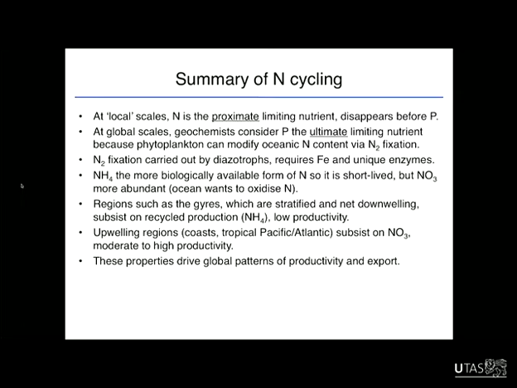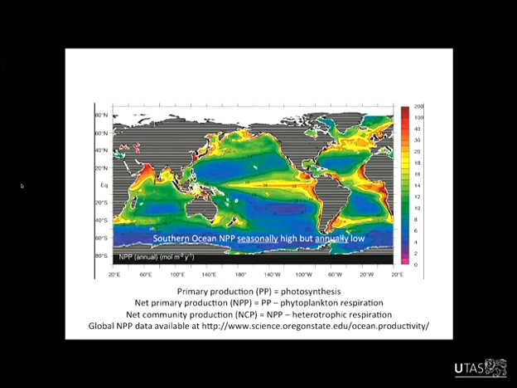And then the upwelling systems like California and Peru and off Africa sustain relatively high productivity because of this active transport of nitrate into the surface waters. It's these patterns of nutrient transport and nutrient recycling that set the global spatial distribution of productivity. So this is a map of net primary productivity. It's moles of carbon that are taken up into biological material per metre squared per year.